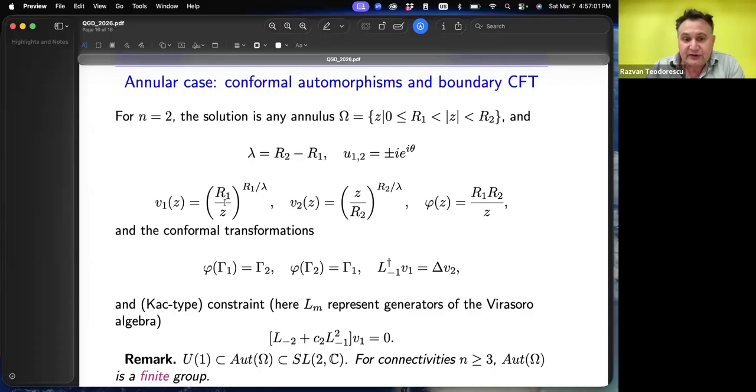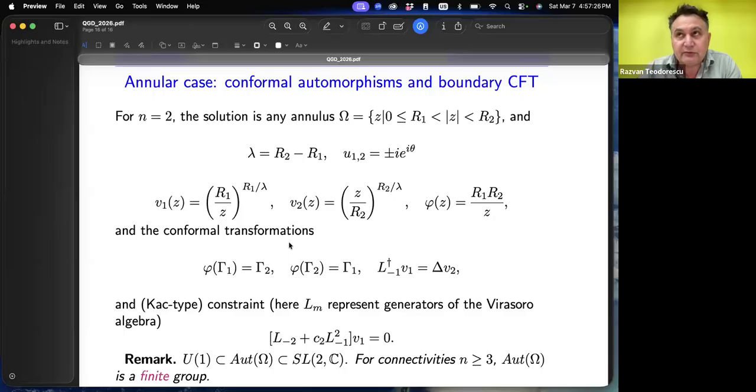And the two solutions are obviously defined in such a way that they are analytic, one of them on the disk of radius R1, and the other one on the complement of the disk of radius R2. And when implemented on the boundary curve itself,